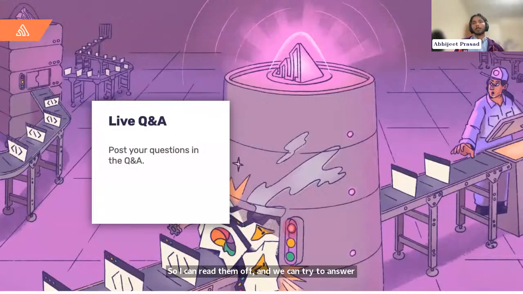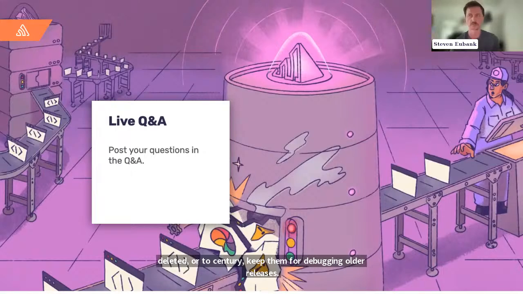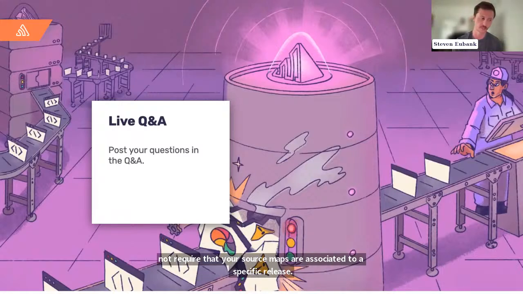How does Sentry manage source maps when a new version of an application is deployed? Are previous source maps deleted, or does Sentry keep them for debugging older releases? So essentially, the newest version of source maps does not require that your source maps are associated to a specific release, but we do keep them around because